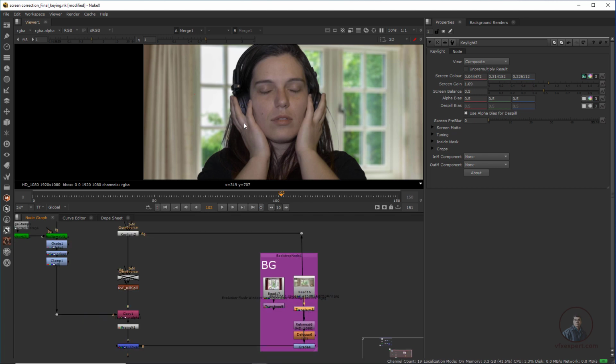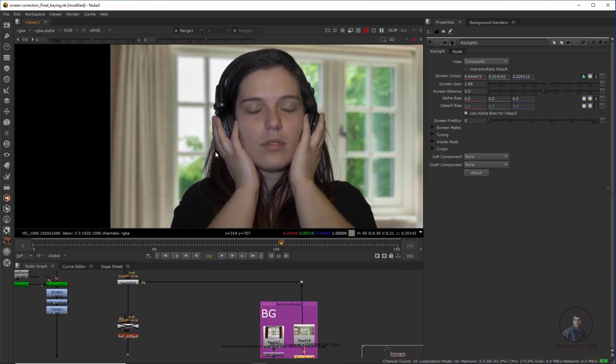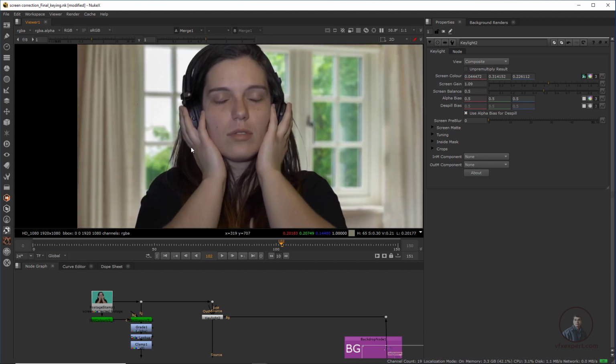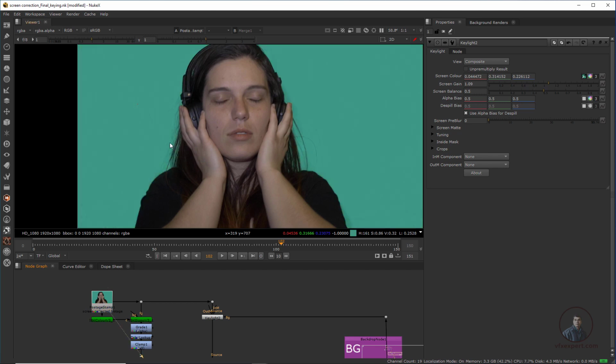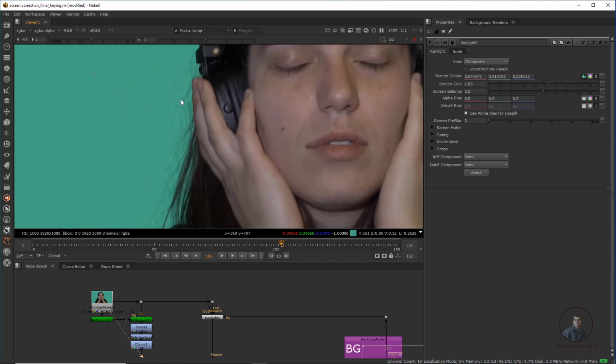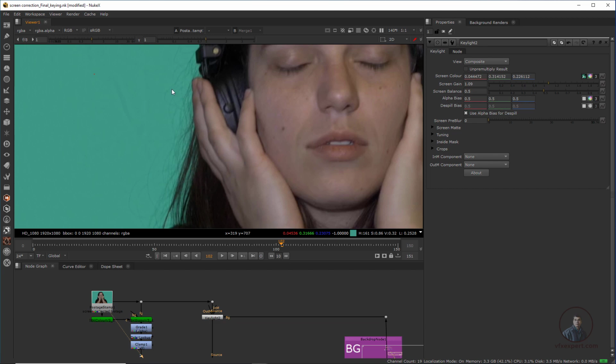So just place it here. This is looking good here. But if you compare this compositing with our original footage, this is actually our final result till here, with blending of all these things. And if you press this one and press 2, maybe some details are missing. You will see these small hairs are missing here. This is looking good, no problem, but these small details are missing here.